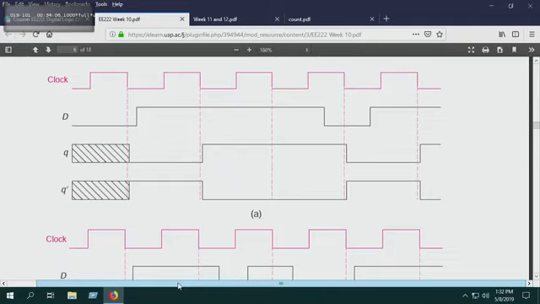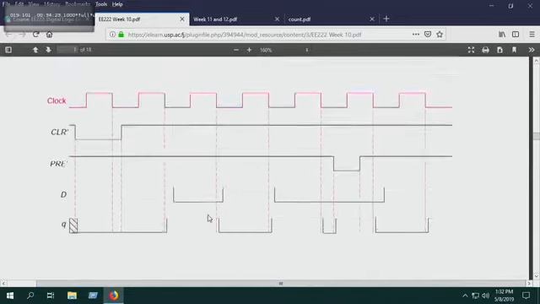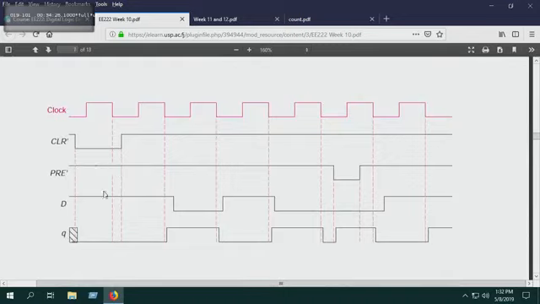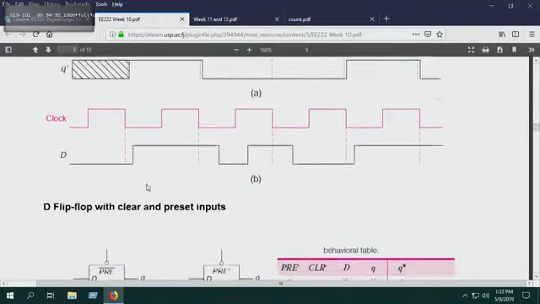In the very first scenario, Q and Q bar is unknown. That's why we put like a block. It could be 0, could be 1 in the very first circumstance, and based on D, those things change accordingly. So this is a timing diagram situation. That's D, so clock and D. This is the timing diagram. Clear and preset, basically that's clearing the flip-flop, flushing it out, but the main lines for you to learn are this one here: clock, D, Q and Q bar, clock and D.